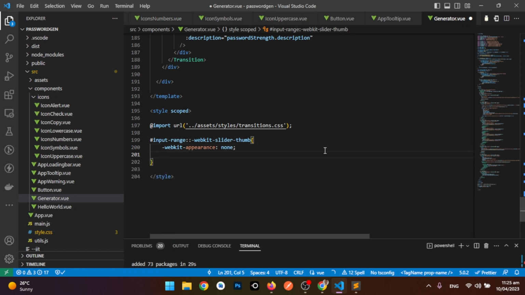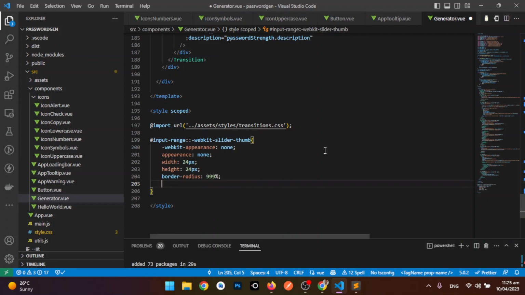Yeah, appearance none. Width, let's make it 24. Height 24, and then we'll have border radius, which should be 999. Okay,